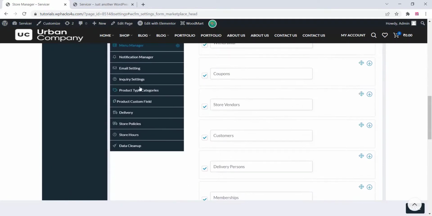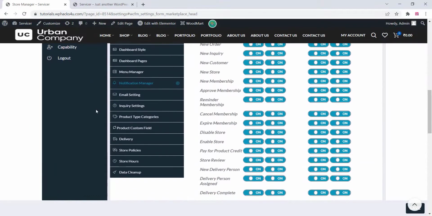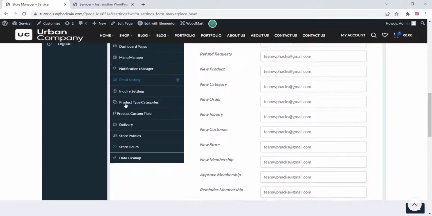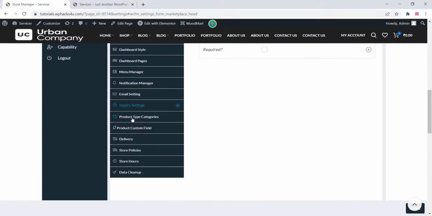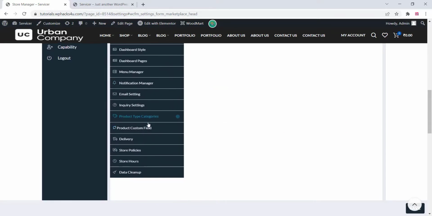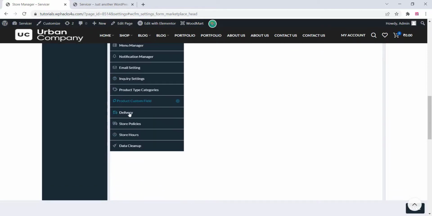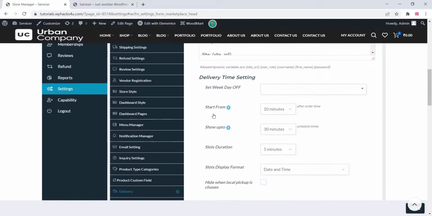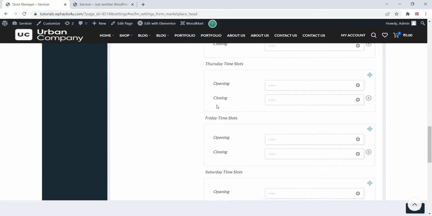And you can also set up the coupon codes and everything here, and you can enable all these notification settings here, email settings, and the inquiry settings. All these options can be changed, or enabled or disabled according to your requirements. You can click on the product custom field section, and you can also add the delivery option here. You can set up the delivery email options, and you can set up the delivery time slots and everything,